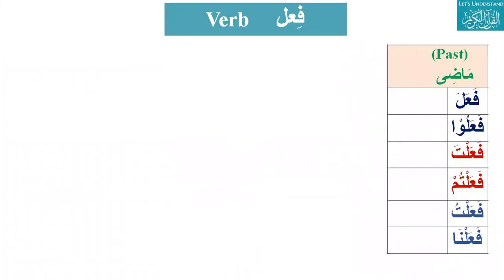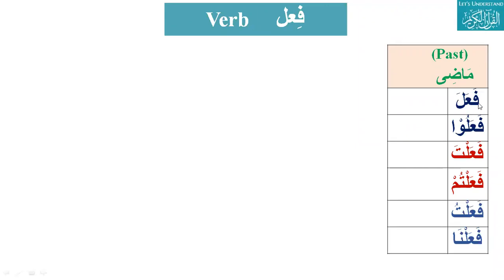We have started the verb, and before starting we said that first it has two main things. In Arabic there are two types of tenses, that will be madi and mudari. Madi means past, mudari is future and present together. So last time we took one example and we saw how we can study the madi, that is, we take one, like we will discuss for some time about three letters.